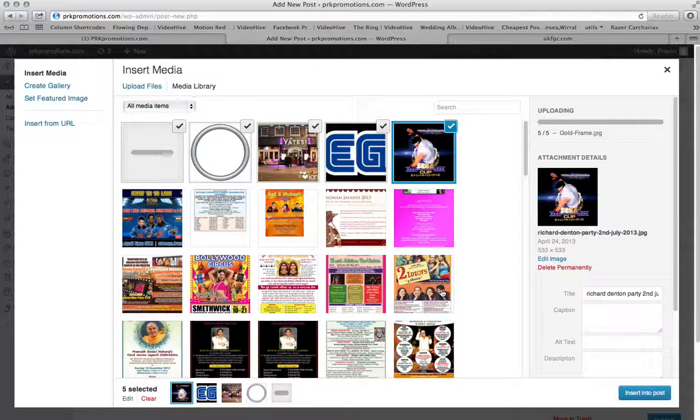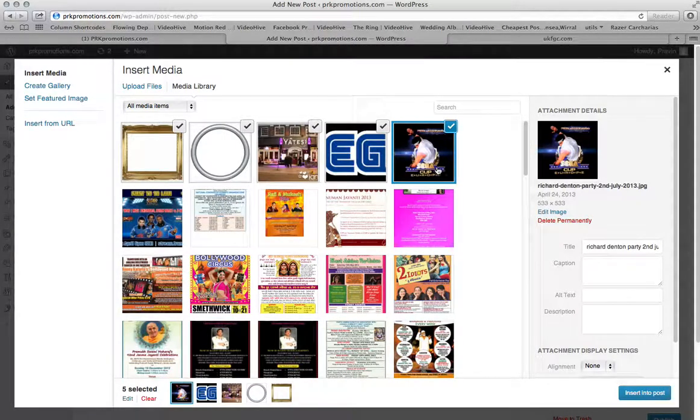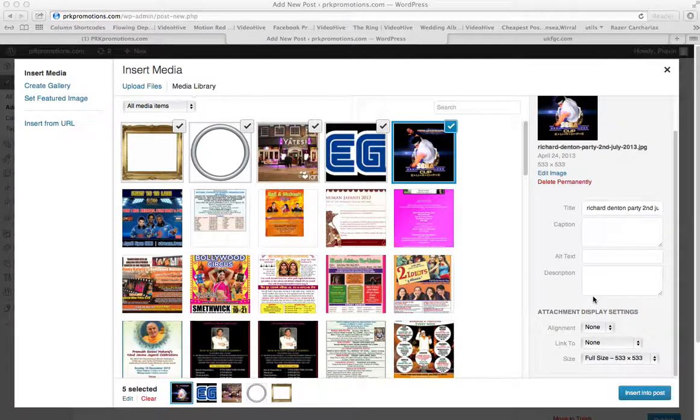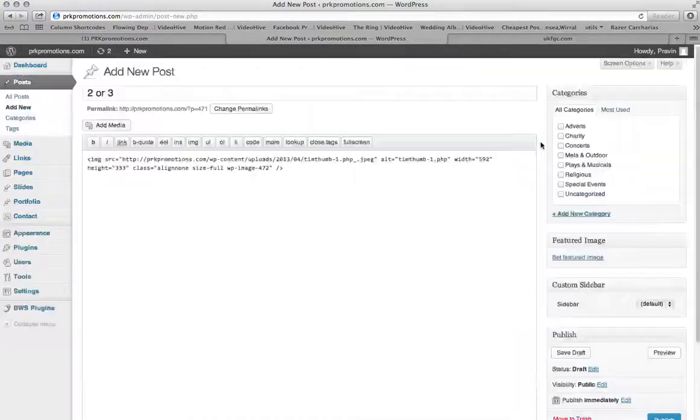And what that has done is it has selected 1, 2, 3, 4, 5 images. If you look at the bottom here, you can see that 5 are selected, as it says. Now, if you're doing one at a time, now if I go to insert into post, just remember again to actually, no, that's what I do. You can upload multiple. That's the best thing to do. So close that once you're done by pushing the X. Now go to add media again,